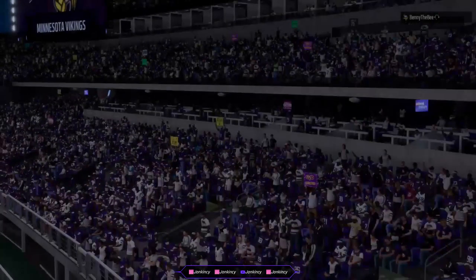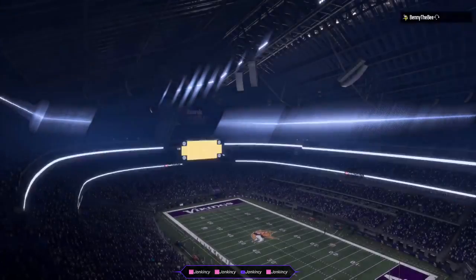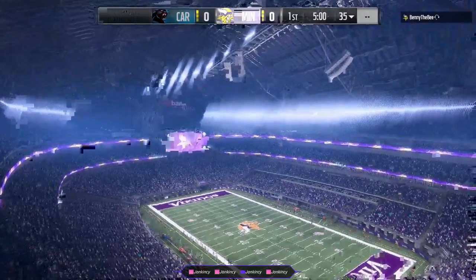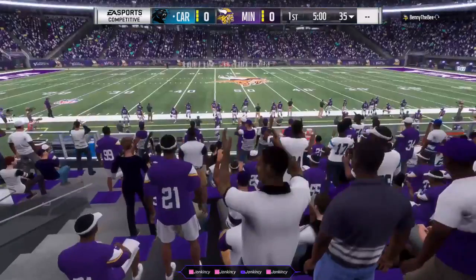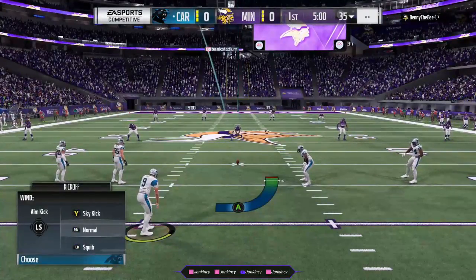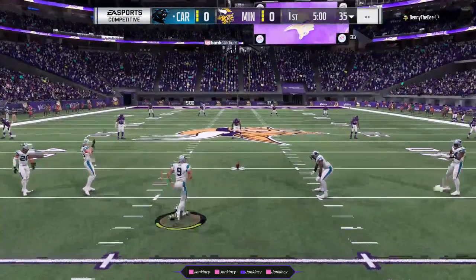Anticipation. Two quarterbacks looking to make an impact. It's Newton's Panthers. Here in Minneapolis, the scene. This crowd decked out in purple, and they were in full roar as their guys burst out of the locker room. We're ready for